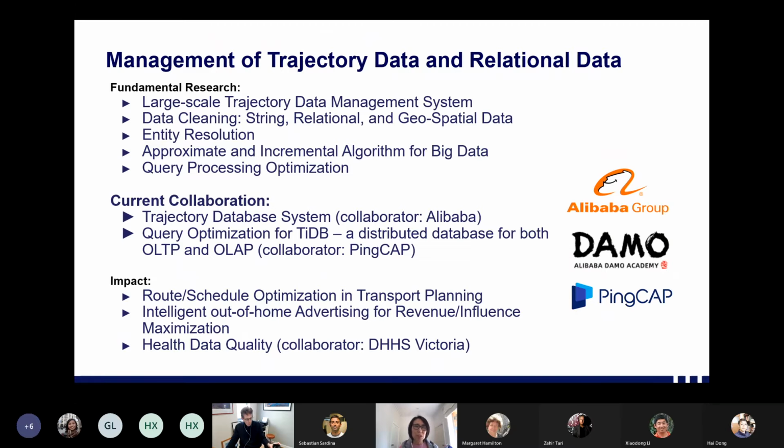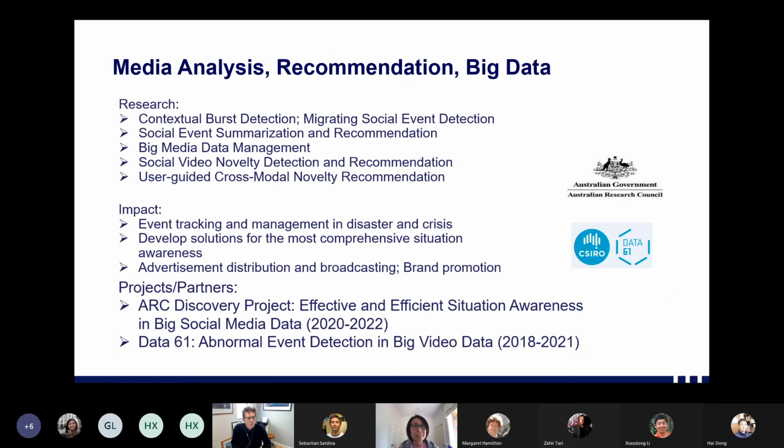And management of trajectory data and relational data, as I mentioned just now, for entity resolution, optimization of the trajectory and database management system, specifically from the data management perspective. Next slide, please. And another type of data that we have experience with, if you're interested in multimedia data analysis,